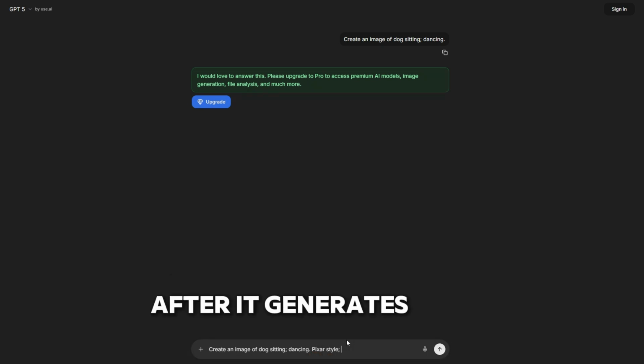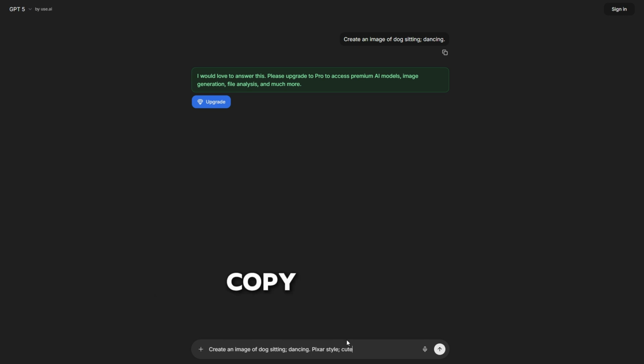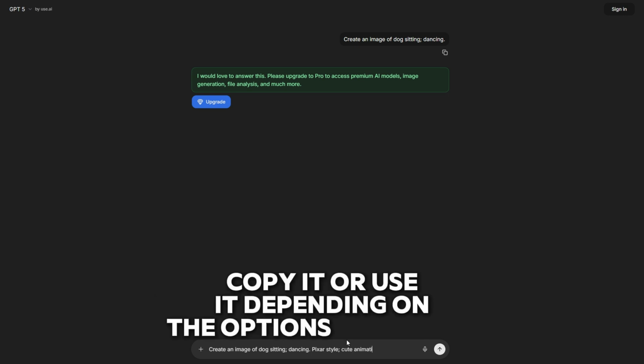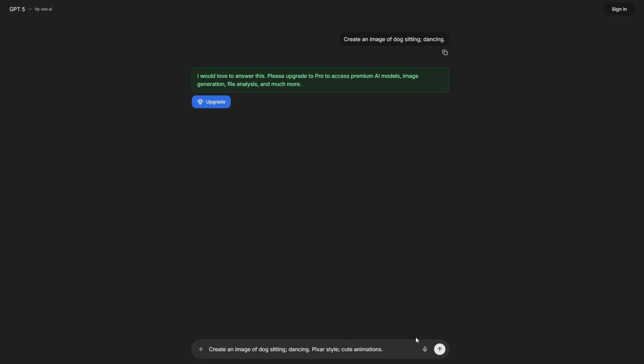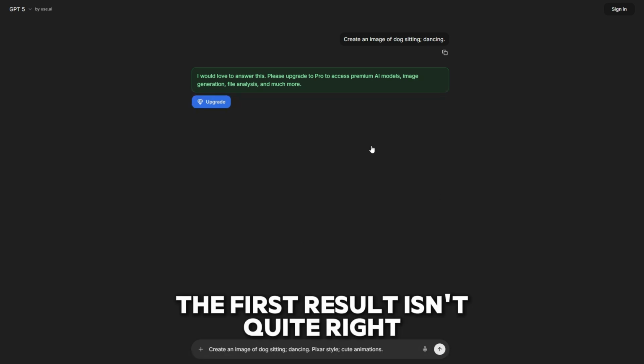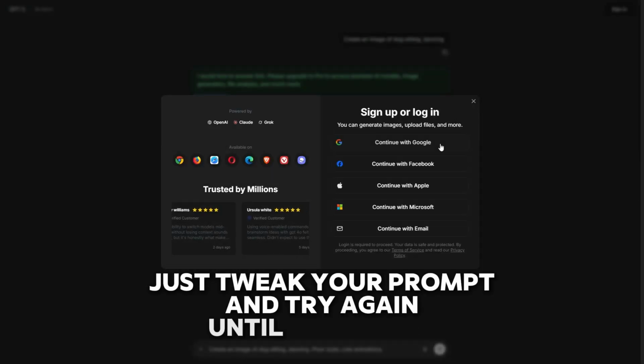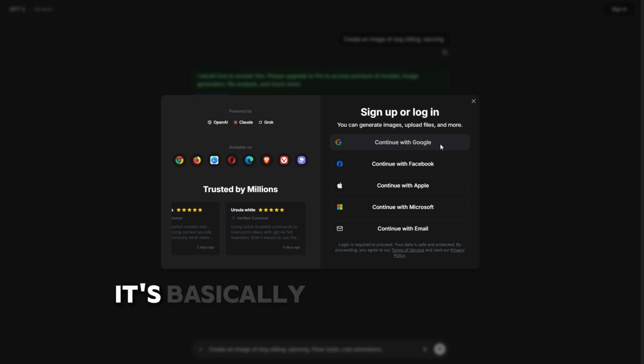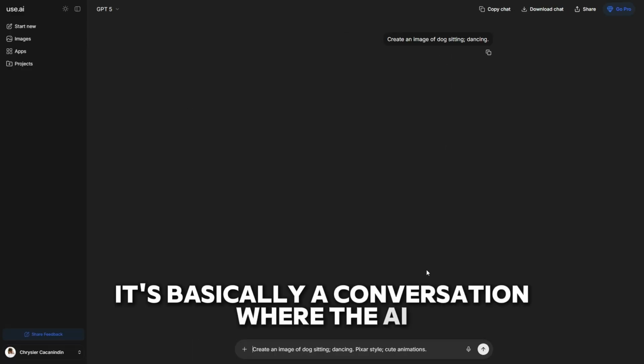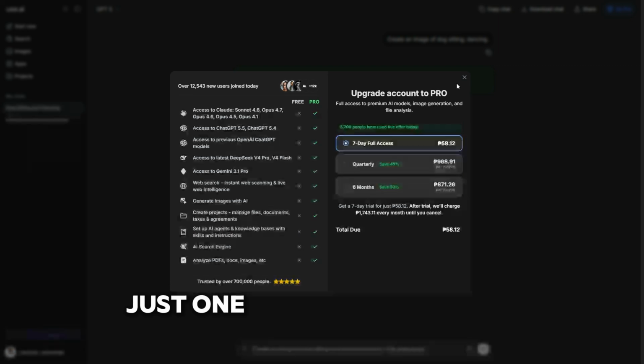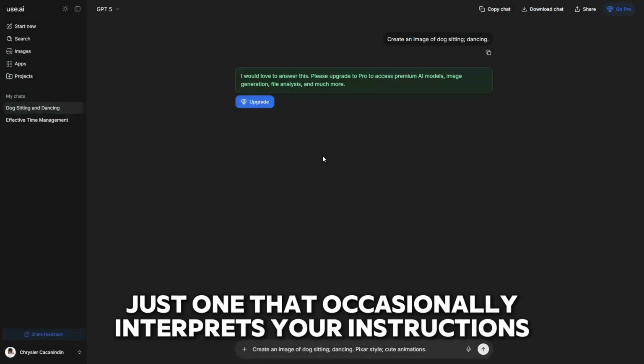After it generates the image, you can view it, copy it, or use it depending on the options available in the interface. If the first result isn't quite right, just tweak your prompt and try again until it matches your idea. It's basically a conversation where the AI is also an artist, just one that occasionally interprets your instructions with slight